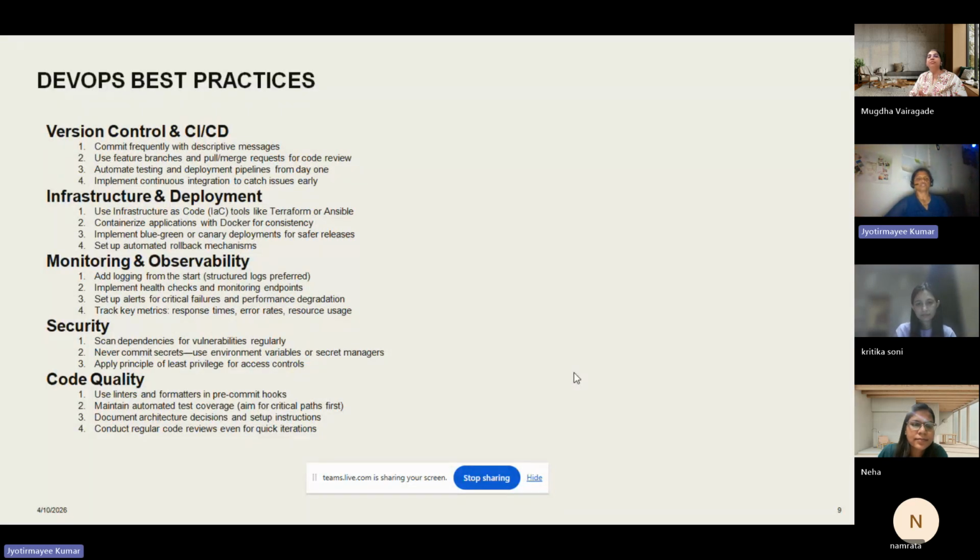So yeah, we talked about the version control part. Next, I will talk about the infrastructure and deployment part. Right now, in vibe coding, we normally do not touch the code because everything is taken care of by the AI itself. But when we go for a large volume of application, in that case, when we'll be going for CI/CD,